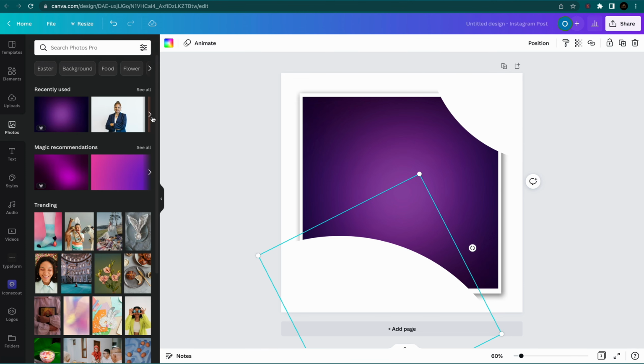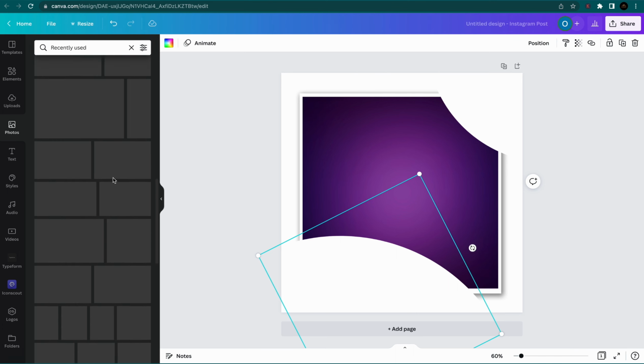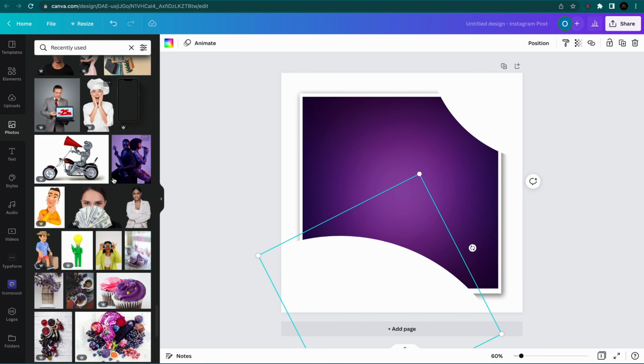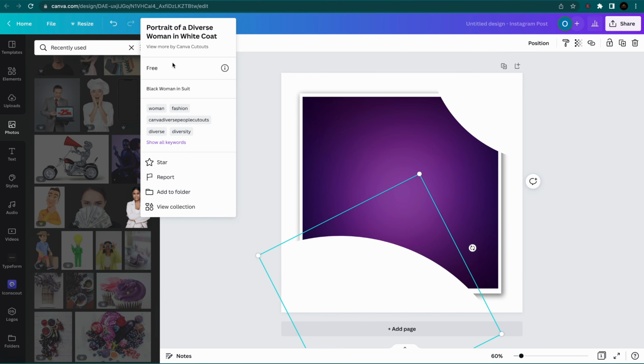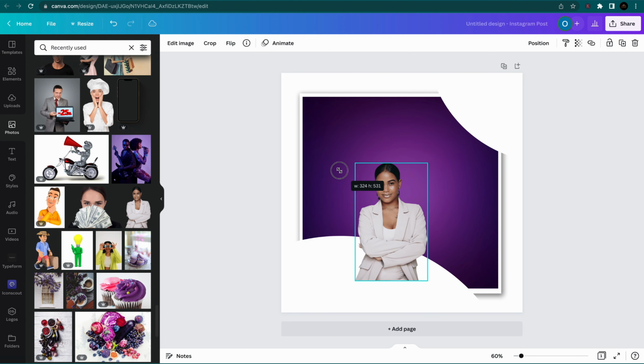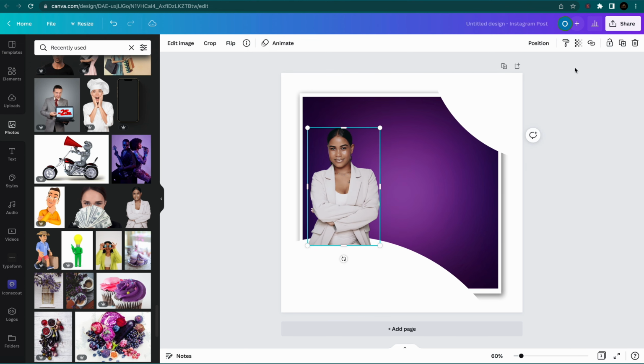So I want to bring in the image that I'm going to be working with. Okay, so we are going to be using the image of a lady on transparent background. Okay, so this image we'll be working with, portrait of a diverse woman in white coat, is free, so just search for it. Okay, so it's the image we're going to be using, and I'm just going to position it here, and I'm going to send it to the